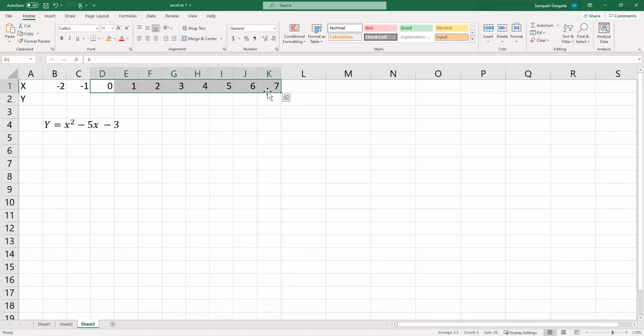So what I did is, right, X value range, I have typed the first two ones with the same interval. So I will go up to where I want the values, right? That's the first step. Second one, you calculate the y values by typing the equation. Equation is x square